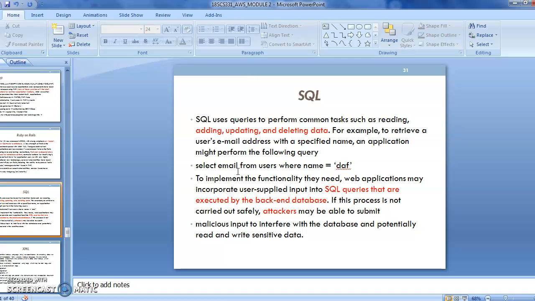Then in order to implement the SQL functionality, SQL queries are to be executed by a backend database. So SQL always fetches from the front end what is available in the database. They always seem to be in the backend places. At the same time, if any person wants to attack, or wants to retrieve the data from the database, he can add a new structure to the SQL, and he can easily access it. To make it secure, you have to encrypt your query before transmitting to the server.